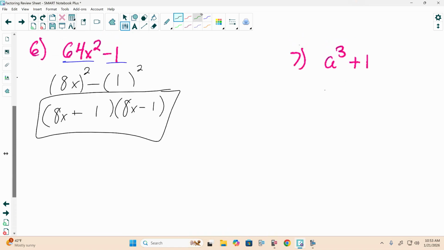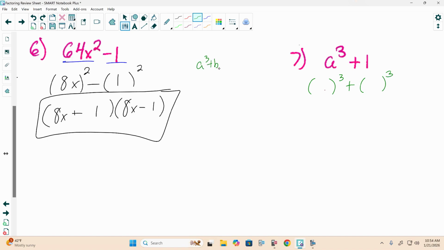We can go on and do number 7 while we're here. A cubed plus 1. A cubed tells me there's a good chance it's a sum of 2 cubes. Two things being added together, we do have a to the third. So there's a good chance we can rewrite it in that